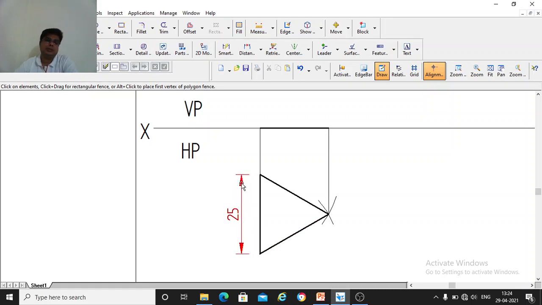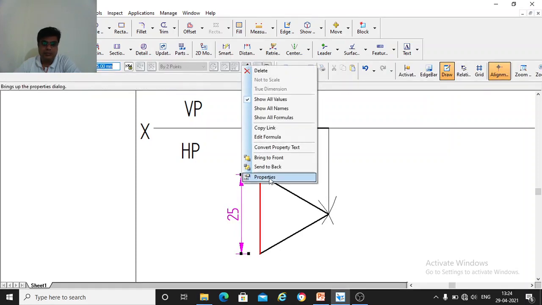You should draw this using your micro tip pencil. Thin lines you should draw, and you write this 25 mm using your HP pencil. The 25 mm should be written above and in the center. And the arrow marks, you can leave them open or you can fill them, like this. It is left to you.